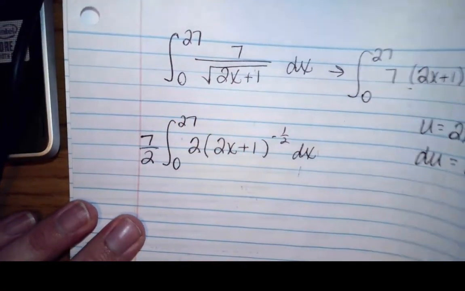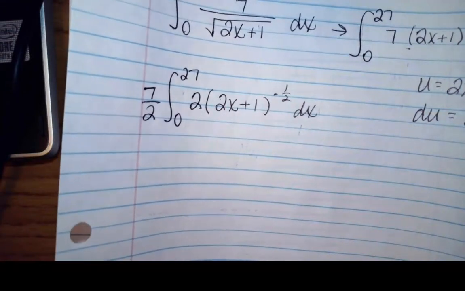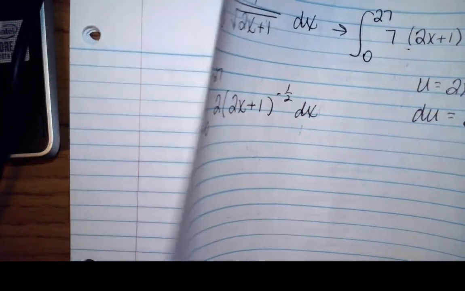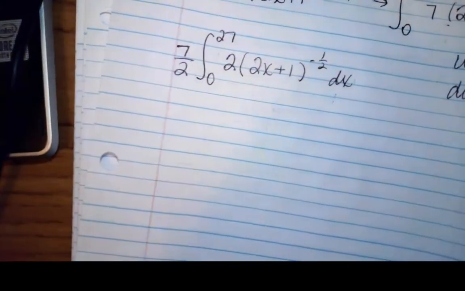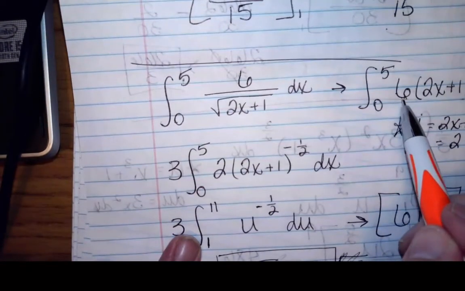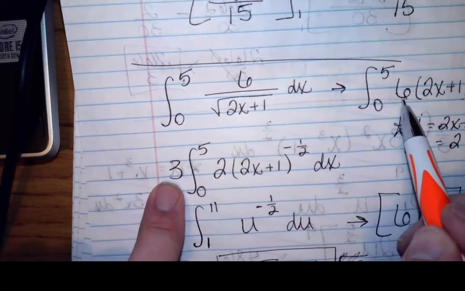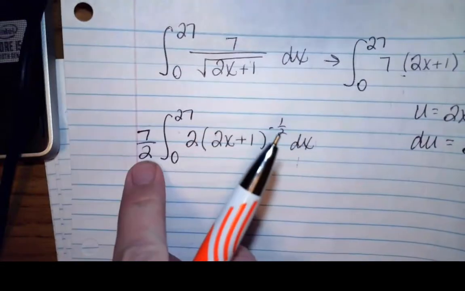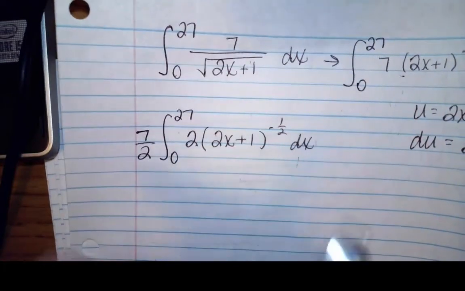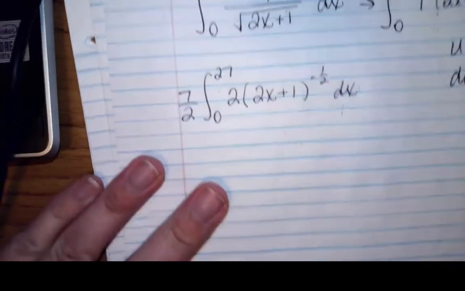Okay, now think about that. On the last one, what did we do? I lost my paper. Oop, okay, on the last one, I had a 6. So I divided out what I needed, and that left me with a 3. On this one, I have a 7. So I divided out what I needed, and that left me with 3.5. Okay, so you could have pulled it out that way. All right, so I have 7/2